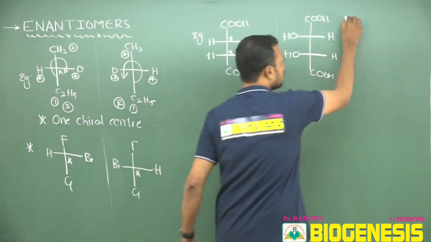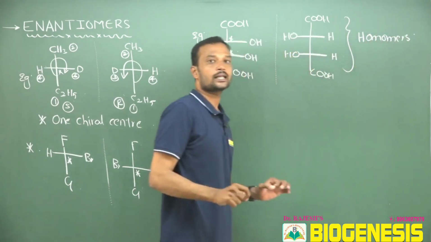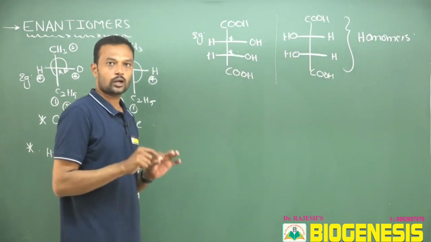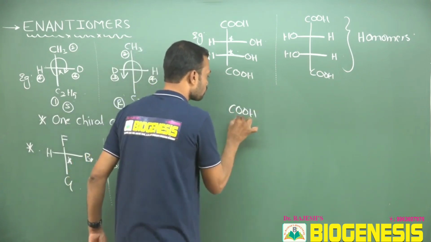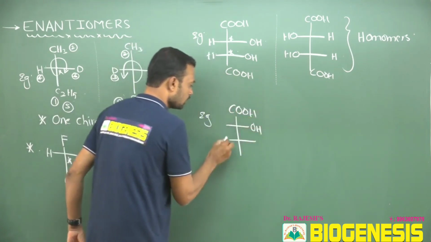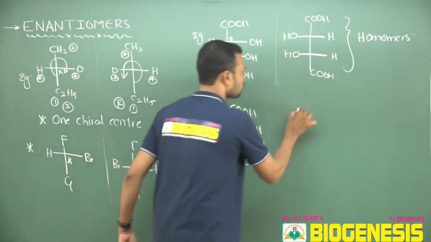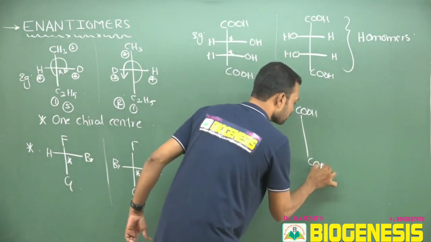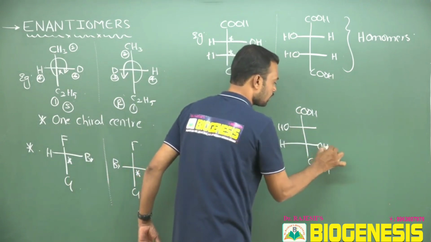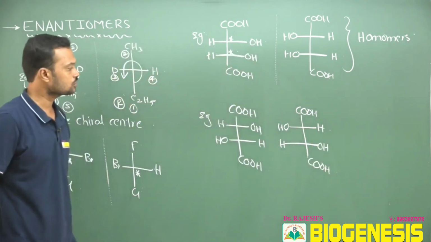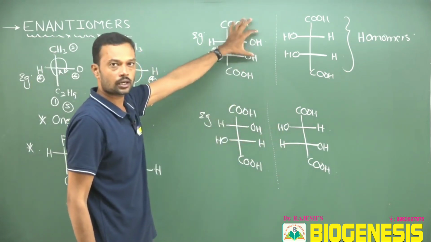Now what I am saying is that this molecule is completely a homomer. Homomers are nothing but identical isomers, similar isomers. They are not 2, they belong to only 1. Now, with the same molecule, I am changing the positions of these groups. Here this is OH and here H, and this is H. This is carboxylic acid. Next, one more. This is COOH. Next, here hydroxy, here hydrogen, here hydroxy, and this is hydrogen. Now this is one more image, approximately the same, but here two hydroxy groups are on the right side: meso tartaric acid.